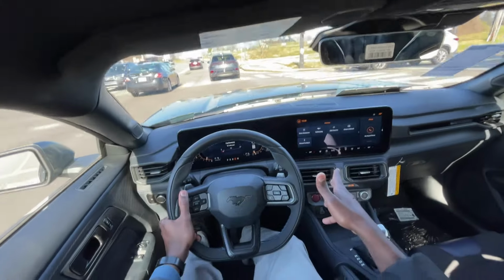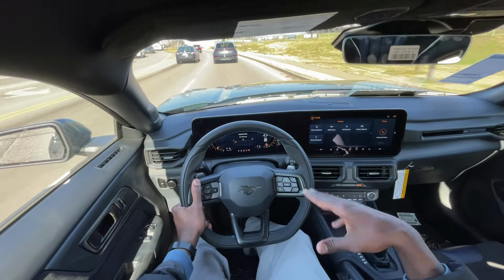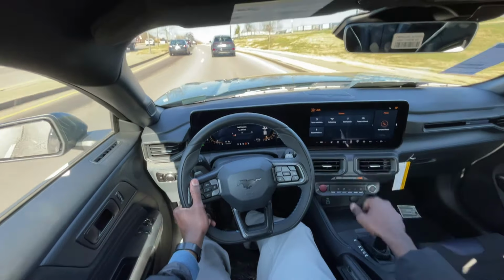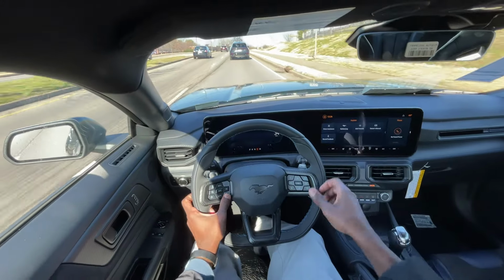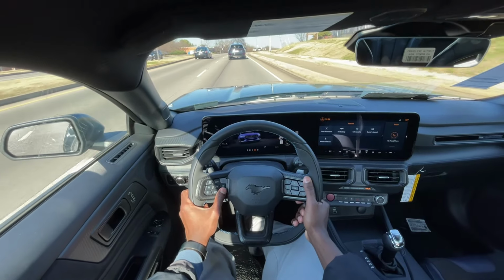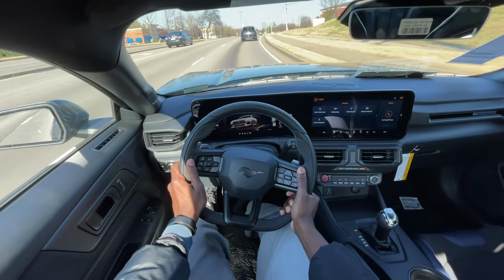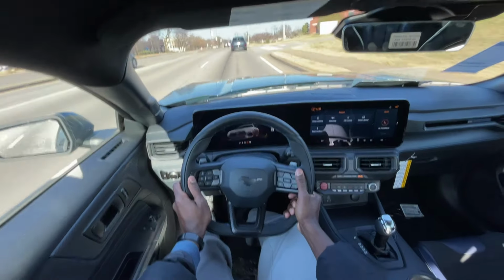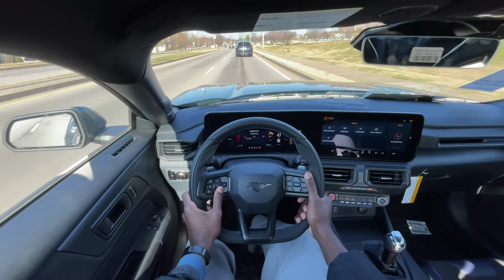Now, of course, in sport mode, the shifts are more aggressive, the exhaust is more aggressive, the engine sound, everything is heightened up a little bit, but you do have the option to put it into, again, just normal at the touch of a button. And it lets off a little bit. It's still a Mustang Dark Horse in normal mode, but